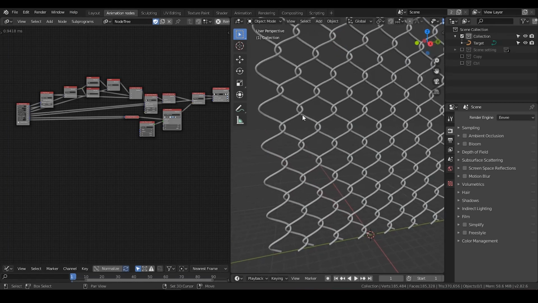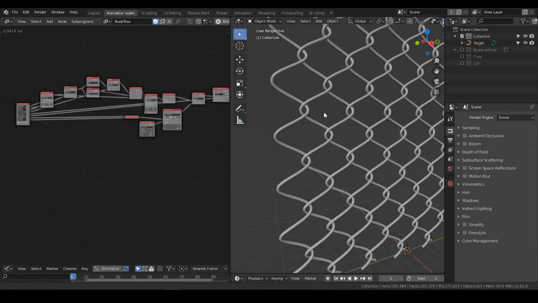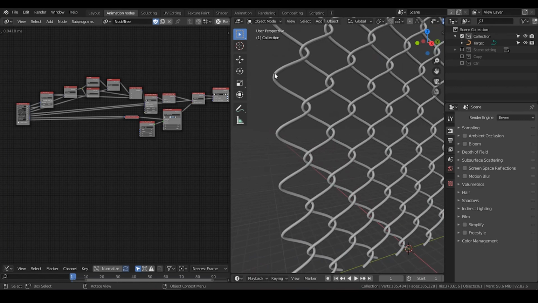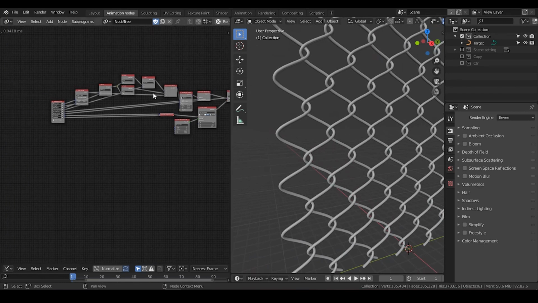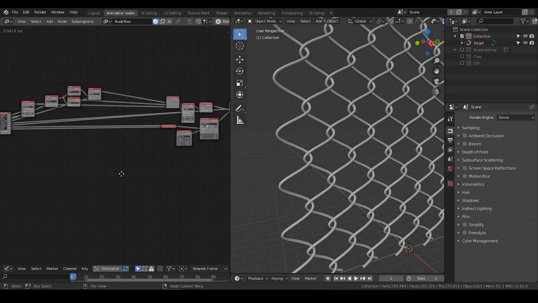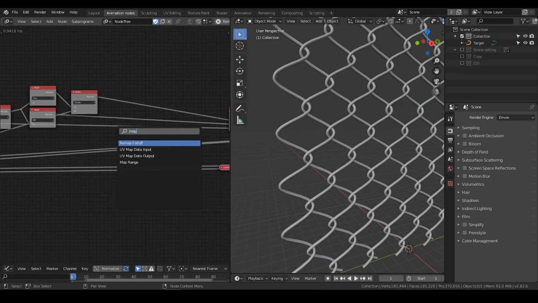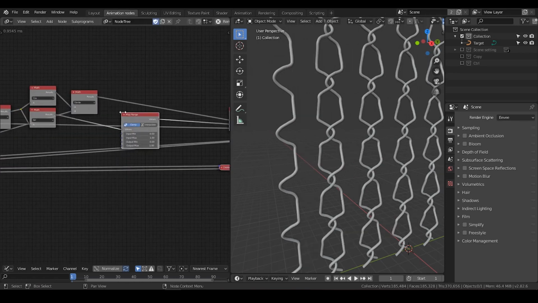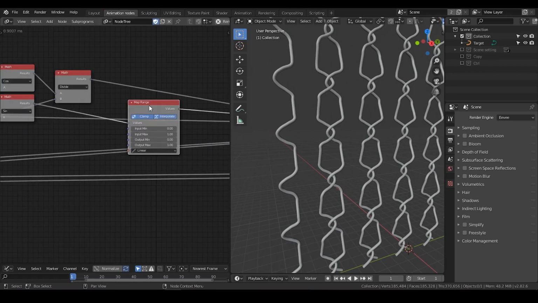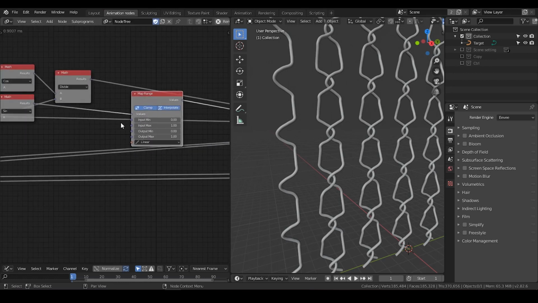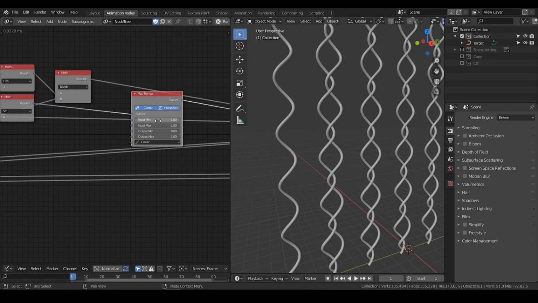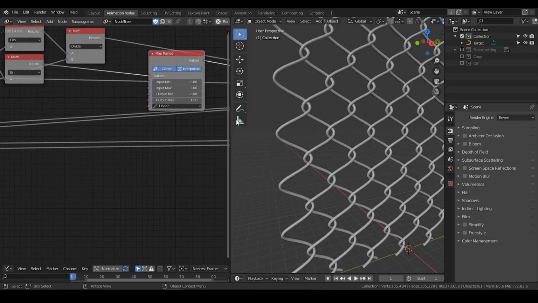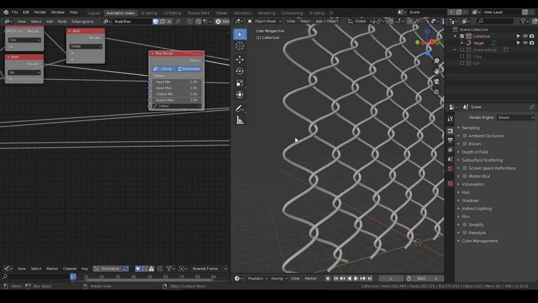But some other things I would like to mention: when I was making these, I wanted to have this turning point sharper. The way I do it is I'm going to use a map range node, and I'm going to interpolate that. A sine wave goes from -1 to 1, and I'm also going to output -1 to 1. So nothing has been changed at this moment. But I'm going to use a curve interpolation node